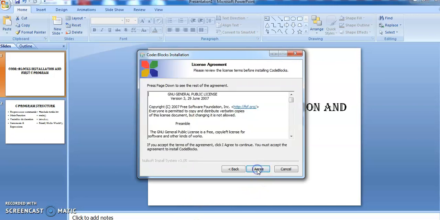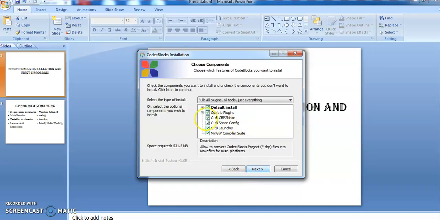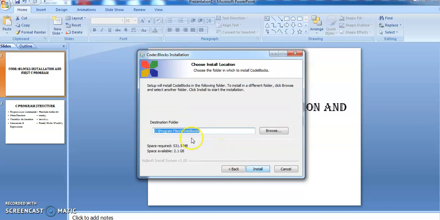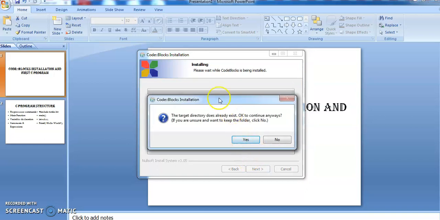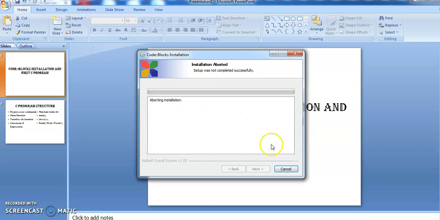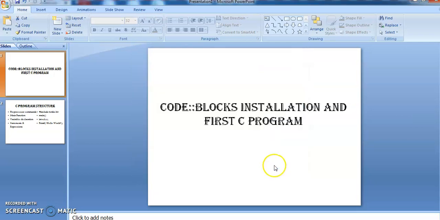I will click next, then I agree. Then whatever settings or information are applicable by default we have to keep as they are. Then click on next. It will allow us to select the folder where we want to install Code::Blocks. Then click on install and it will start the installation. As I have already installed this, I will not install it again.